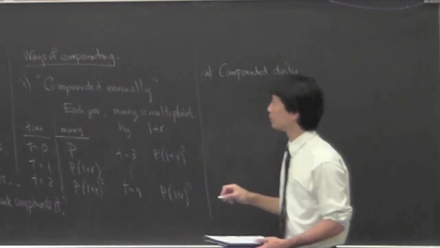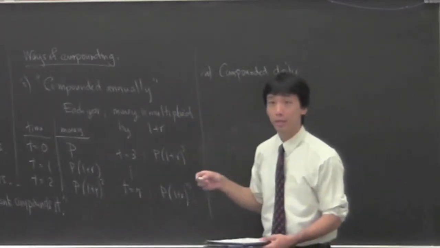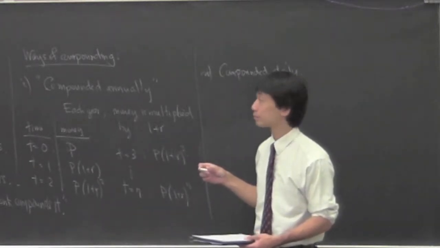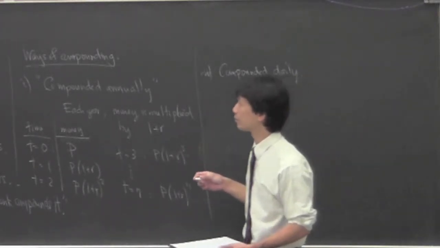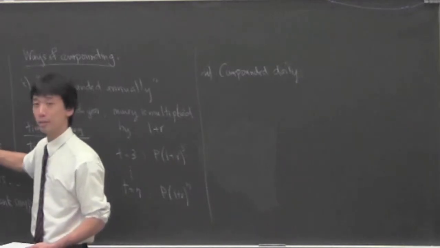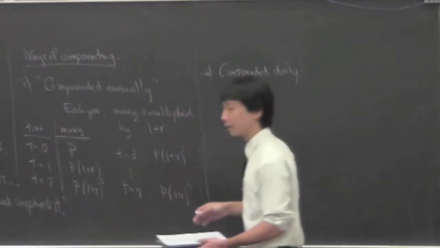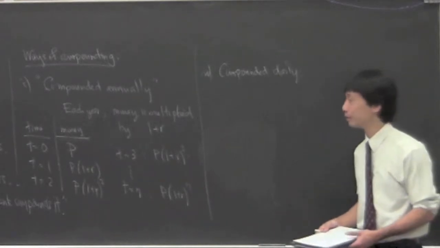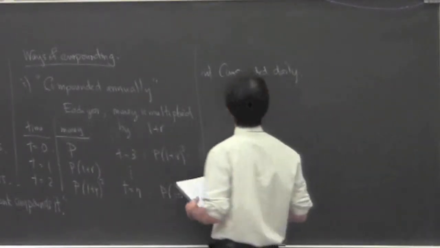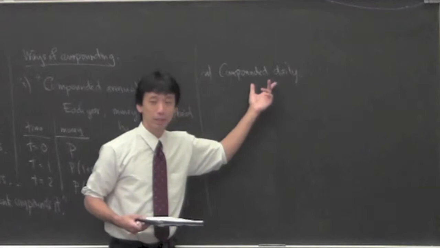Compounded daily. Okay. And yes? What's the thing in parentheses say underneath R? 1%. Okay. So let's say, for example, that our bank gives us a rate of 1%, which is about what banks give these days. So there's something called daily compounding.